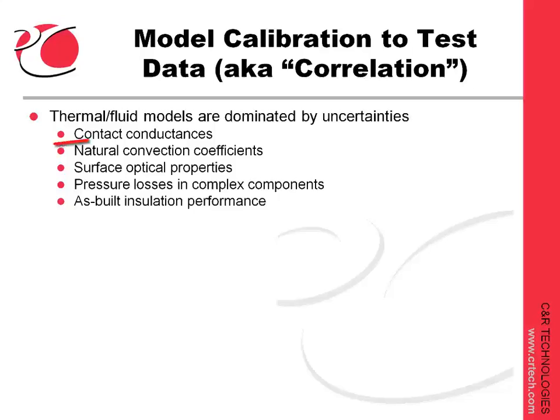Almost everyone is familiar with uncertainties in contact conductances, for example. Even if you know the materials, the surface finishes, the bolting patterns, torques, and so forth, you still can't estimate contact conductance ahead of time by more than, say, 20–30%. If that were the end of the story, it would probably also be the end of thermal analysis, since things like contact conductance are often in the critical heat flow path for something we're trying to keep from getting too